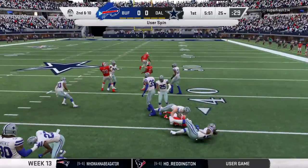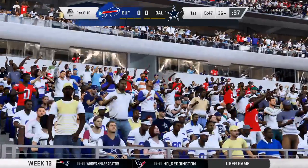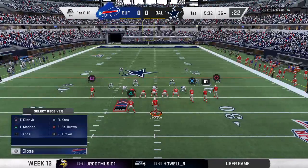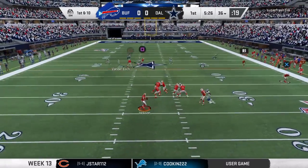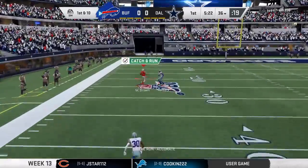A throw over the middle, taken in. And he's taken down, but able to slip across the 35. 11 yards there, first down. It's a nice completion, a little bit of run after catch as well to create the yardage that they got. But it is so tough to cover that route, the drag route, because they run it at varying speeds. Because the key is to create hesitancy on the...